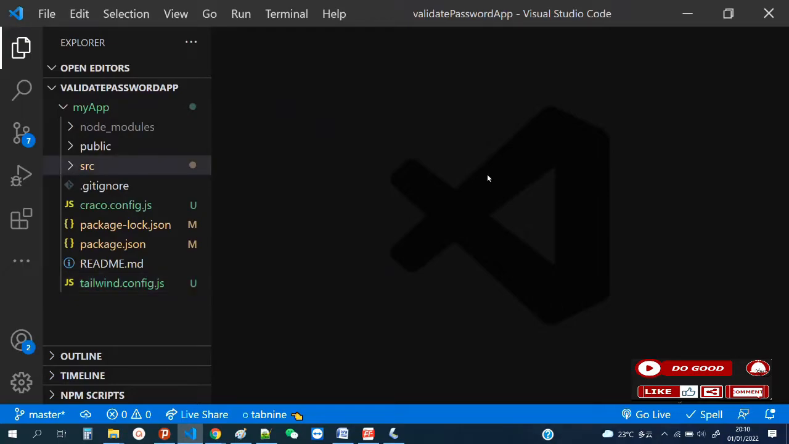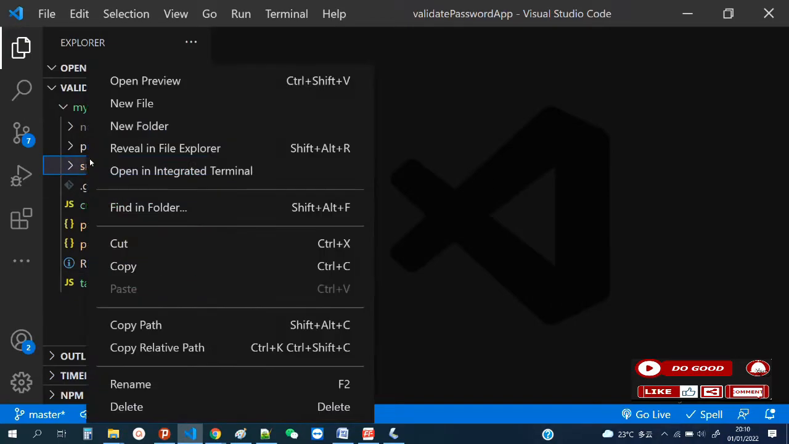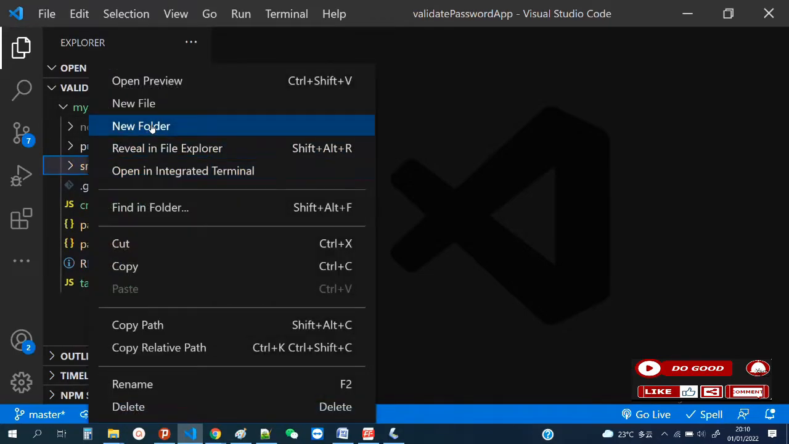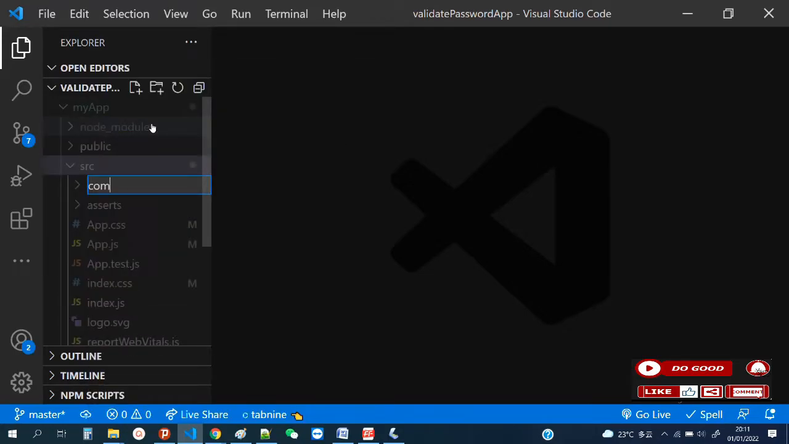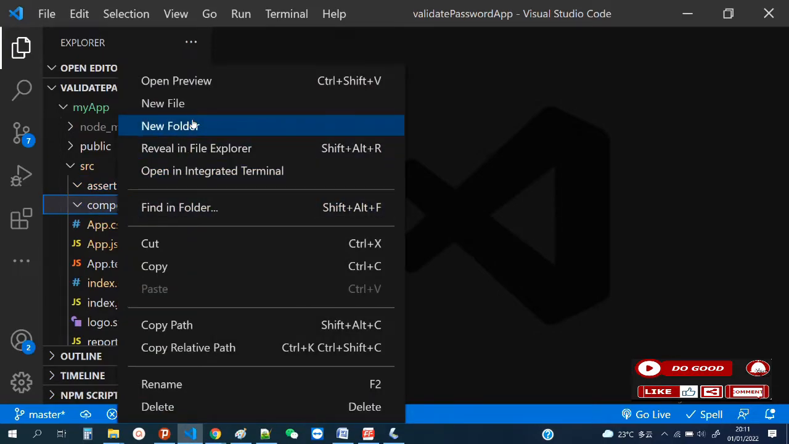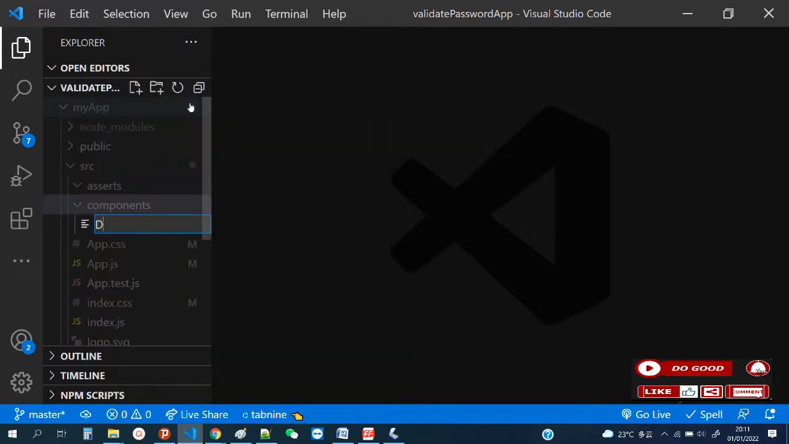Thank you very much. Let's begin by creating two folders in our src folder. Call the first one assets and call the second one components. Now let's take the first one, assets. With this project, we have no spinners or images, so we leave it blank. Move to the second one, components, and create a file and call it